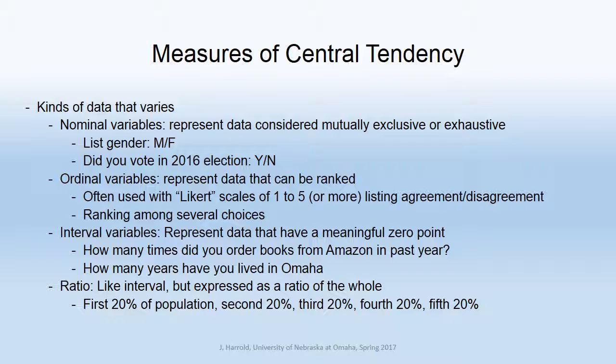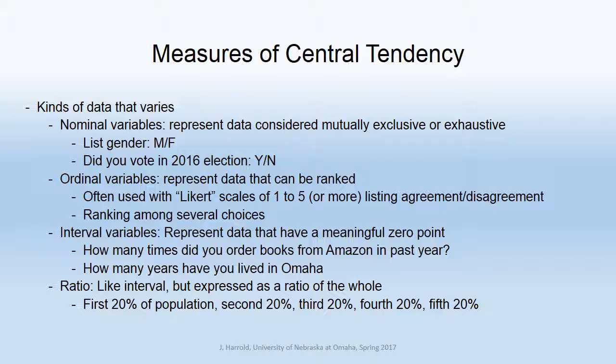So interval data and ratio data are continuous data. That means there's a 0 point. There might be negative points too, but there's a 0 point, and it allows the person to use numbers to give you responses. So how many times did you order books from Amazon last year? The person might put in 1 time, 10 times, 100 times, 1,000 times. How many years have you lived in Omaha? All my life, which would be however old you are, 35 years,